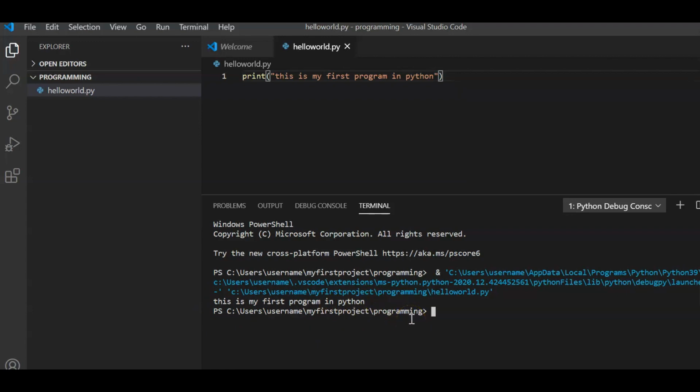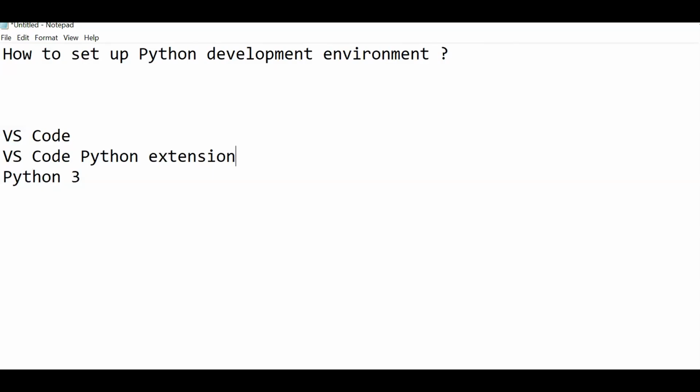So congratulations, we have written our first Python program, hello world, in this file helloworld.py. And so this was our agenda for today's session, how to set up the Python development environment. We saw how we can install VS Code, how we can install Python, and then how we can also check the Python version, and then we installed the VS Code Python extension.